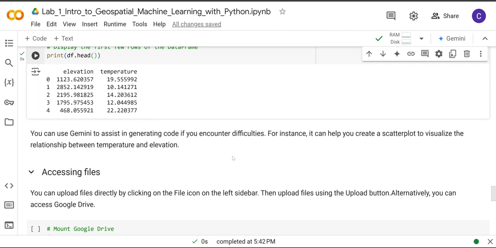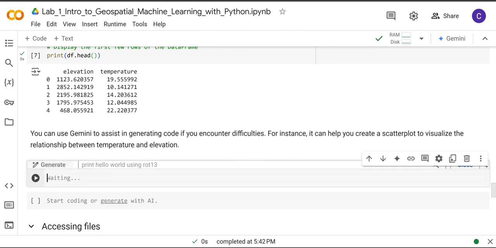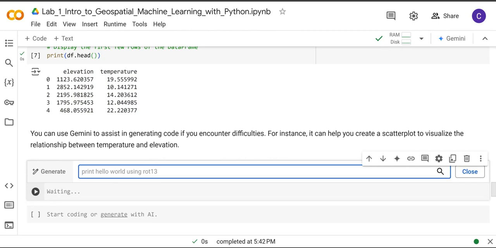What you can do is click code, and then come here where it says start coding or generate with AI, click generate, and then you can write, say, create a scatter plot